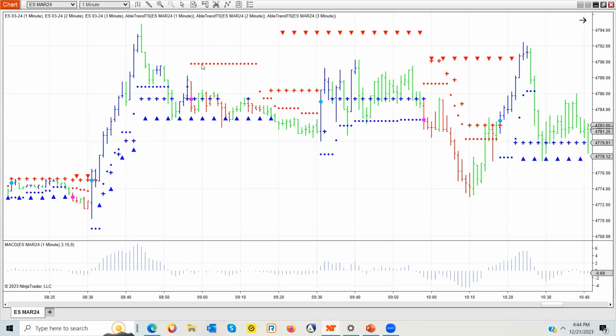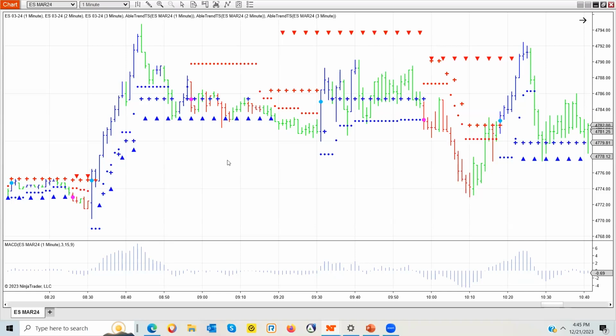And again, you got a 1-minute sell, the red dots, but you got a 2-minute and 3-minute buy, the blue cross and the blue arrow triangle. So this is just a classic no trade zone. Okay, you have to have all red or all blue. There's no exceptions. And when I mean all, you got to have triple agreement before we make a trade, not